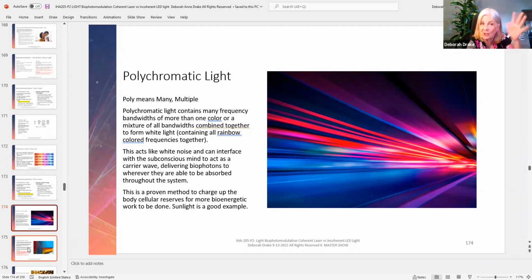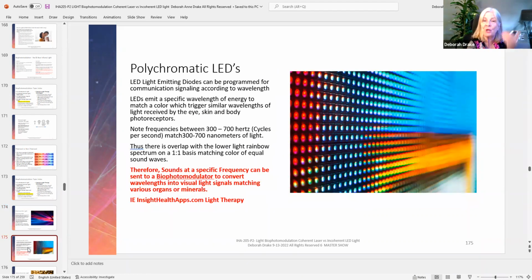Okay, that can act like white noise or interference, or the subconscious mind can be this carrier wave of all things, and we can actually absorb through our systems many wavelengths of light at the same time. Okay, and then we can also change that light from the sunlight into different LED lights, some yellow lights, some green lights, some blue lights, some red lights, all different light bulb colors at different frequencies to give different cycles per second. Okay, so when we know that there's a rainbow color of one-to-one matching color frequencies and the sound spectrum, we can use a sound light board to transmute light into frequencies.